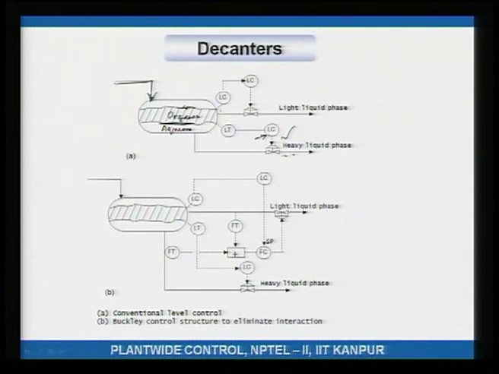Okay. How do you circumvent or bypass this problem? Well, notice that this level is a function of the total flow out. If the total flow in is equal to the total flow out, meaning light liquid plus heavy liquid, this level will not change, right. So, what is being done in solution B, that is drawn here, is that